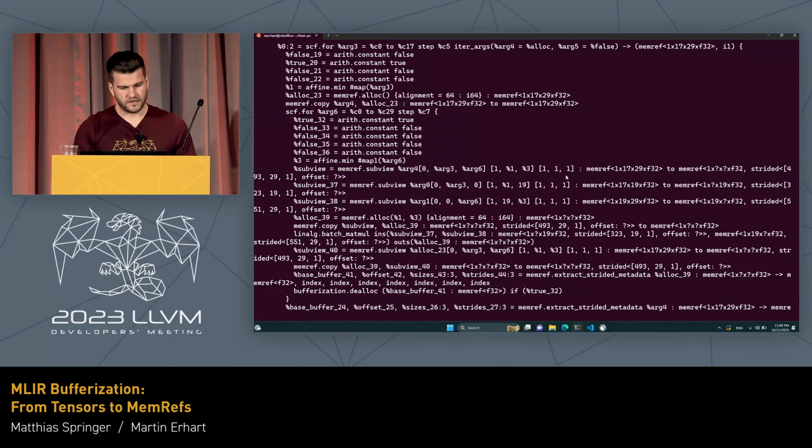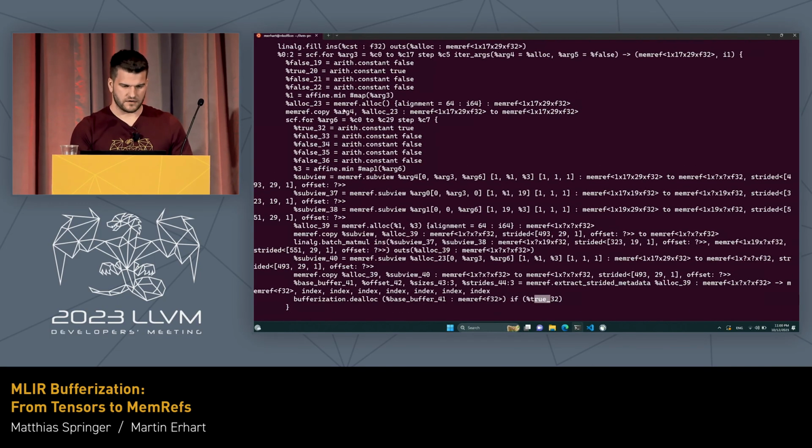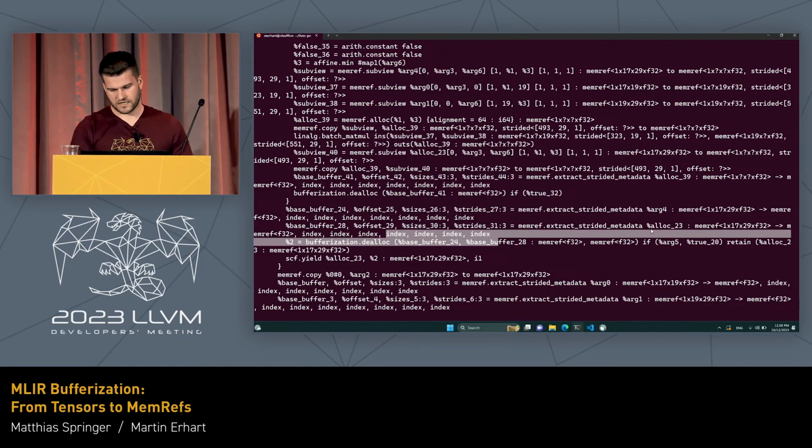Now going from the innermost loop, we see this bufferization dialect operation in here. It has this allocation that was allocated in this inner loop and true as a condition, so this would just lower to an unconditional deallocation. And then in the outer loop, we also have this allocation here, which is present in this deallocation op, plus